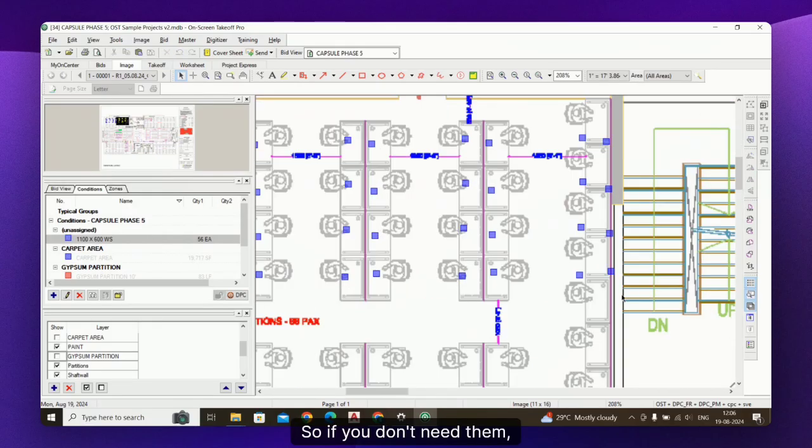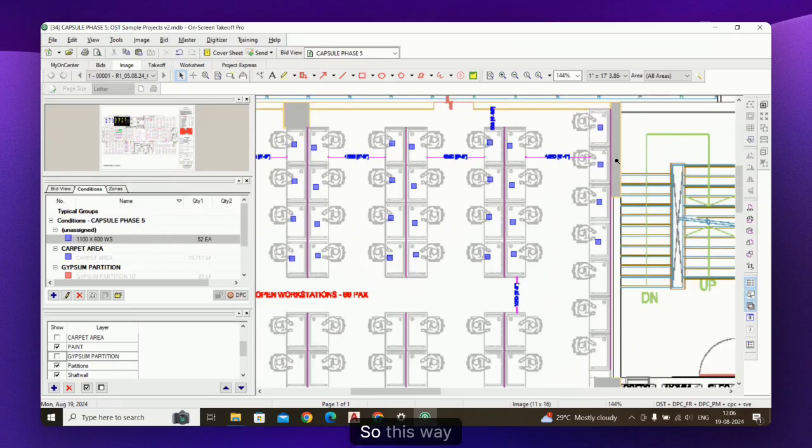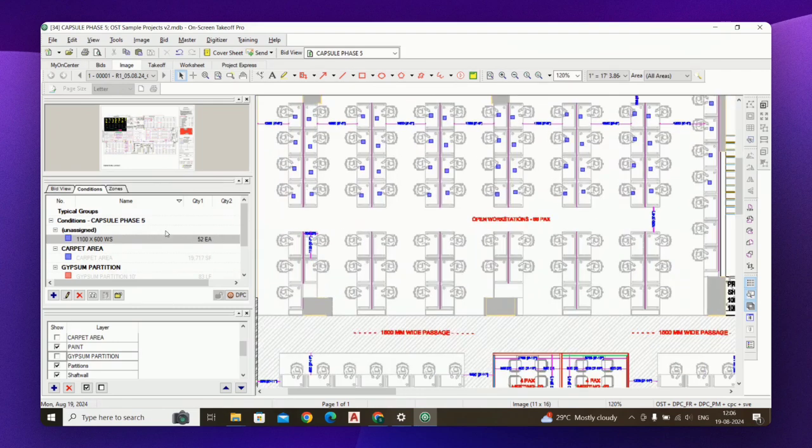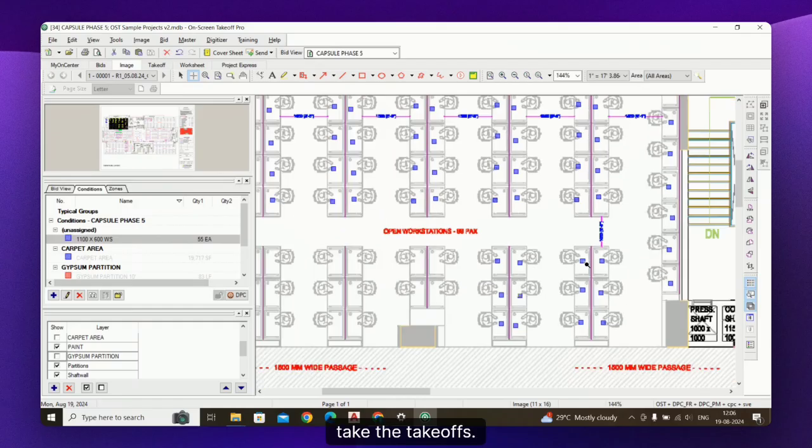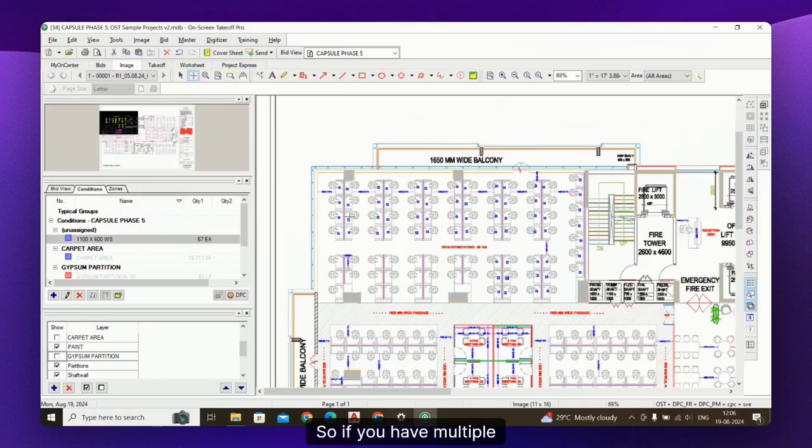If you don't need them, if they are not correct, you can simply click and delete them directly. So this way you can simply count any type of condition you can create and take the takeoffs. So if you have multiple